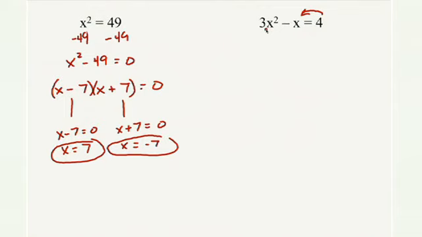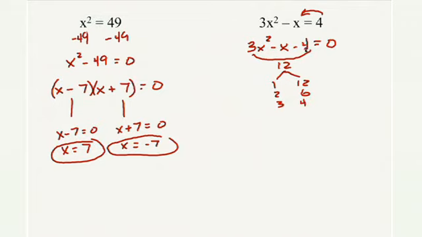Step 1, again, we want to bring the 4 over. And since we have all these terms, remember, we want them in descending order of degree. So the minus 4 is going to be the last term before the equal sign. Now, using our rules for trinomials with coefficients at both ends, start, multiply the first two together, you get 12. Now, all the factors of 12 are 1 and 12, 2 and 6, 3 and 4, and we want the factors that subtract to give us that 1 in the middle. So we're going to choose the last two right here.